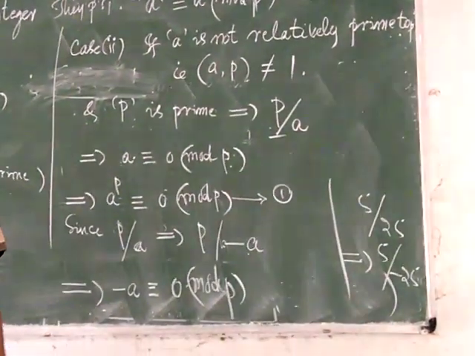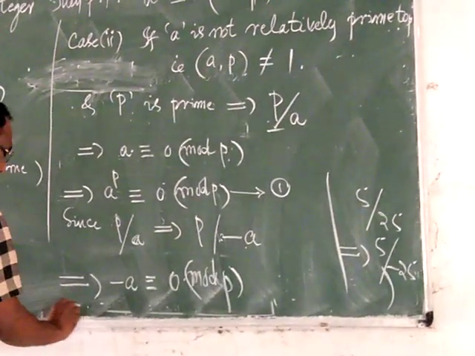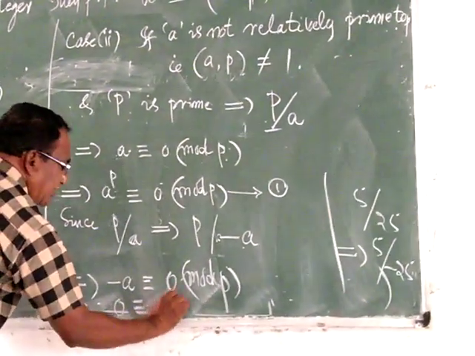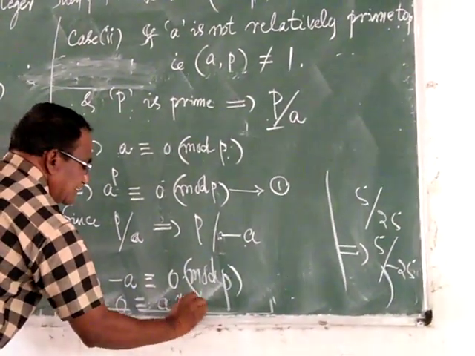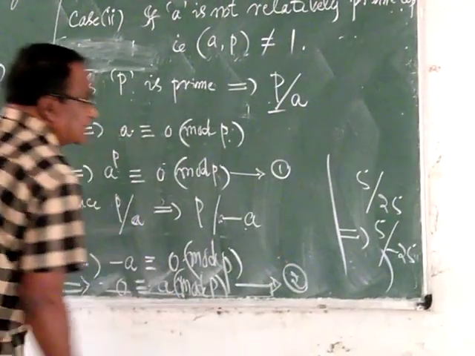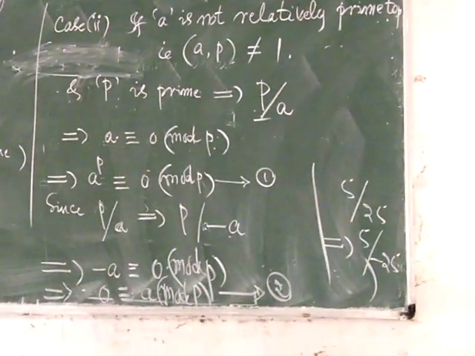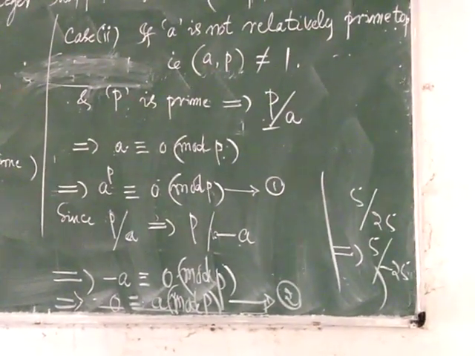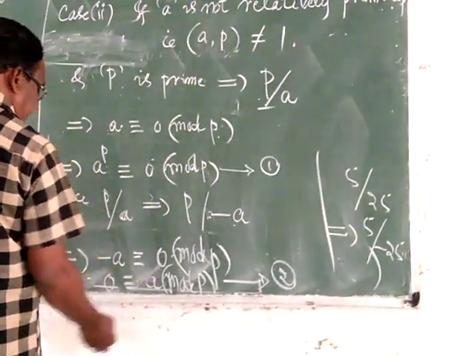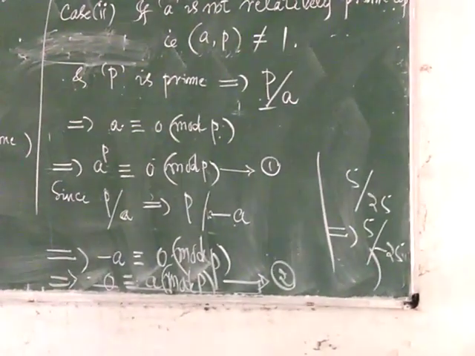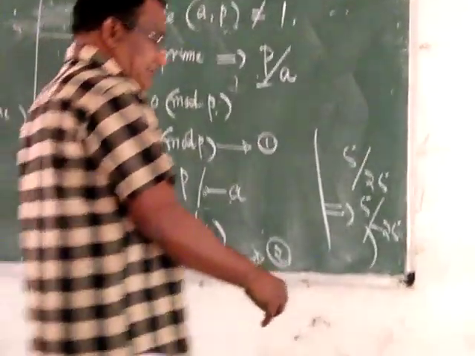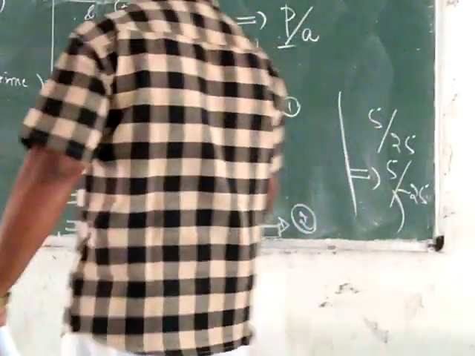Yes, this can be written as 0 is congruent to A mod P. Call this result number 2. So one result is A to the power P is congruent to 0 mod P, and the second one is 0 is congruent to A mod P. From 1 and 2 and by